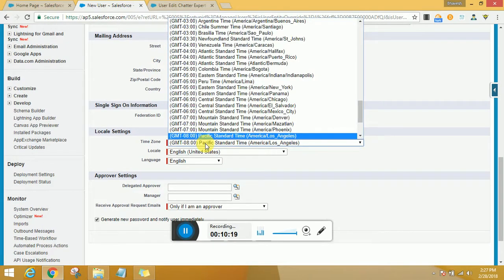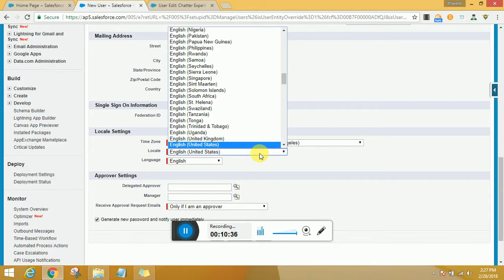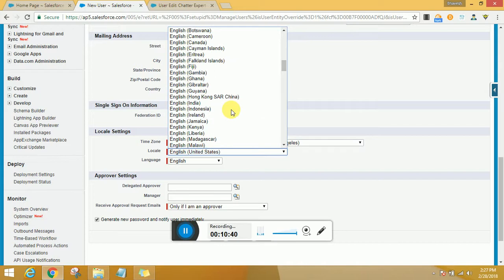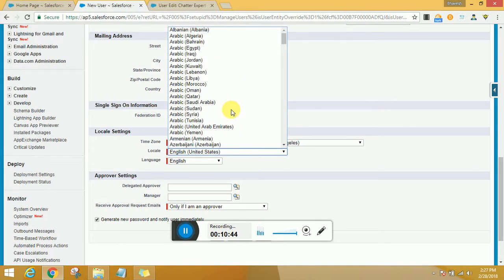Time zone is one important area. Selecting a time zone would generate reports and other details based on this time zone for that particular user. Specifying a locale would allow them to go ahead and select the language of their region of their choice. So this depends entirely on where they are located or situated,